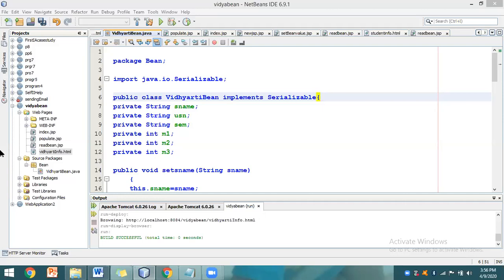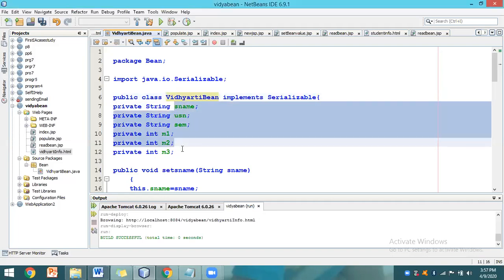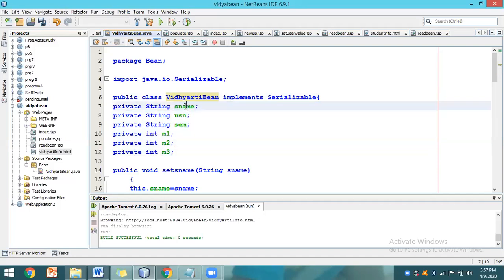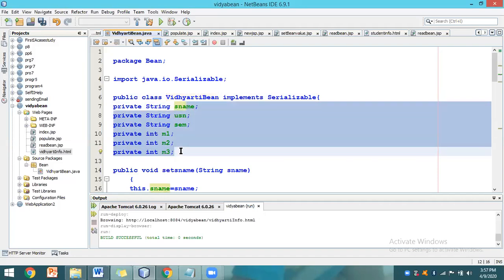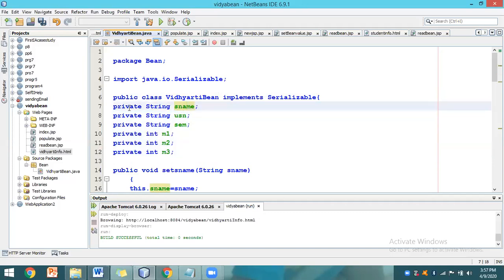Clear? What information is this Vidyarthi bean able to hold? According to our example, it is able to hold 6 pieces of information. Where does it hold them? Under variables. What is the life of these variables? The life of this variable is class scope.